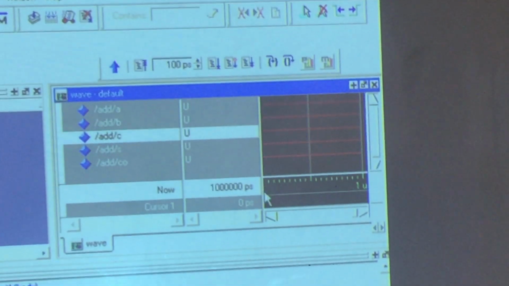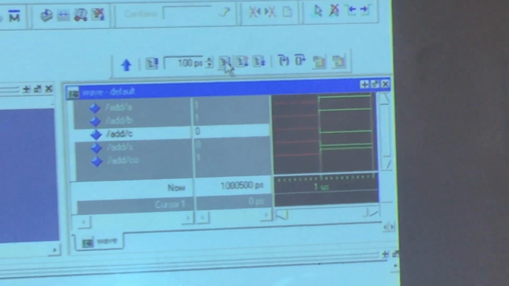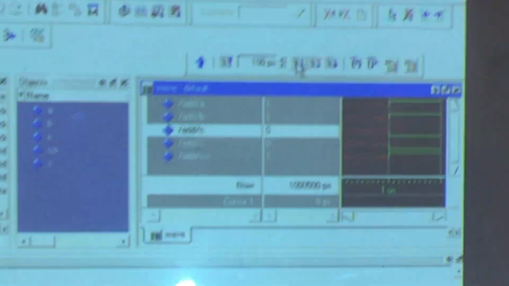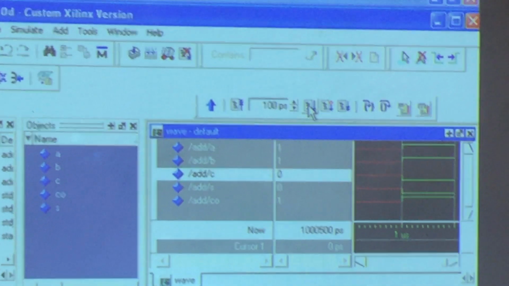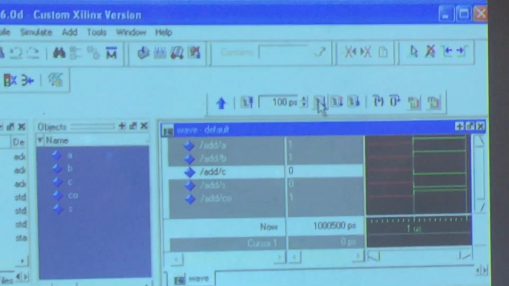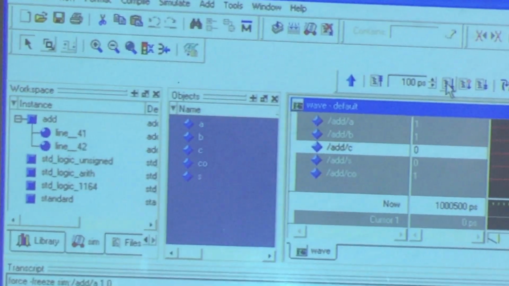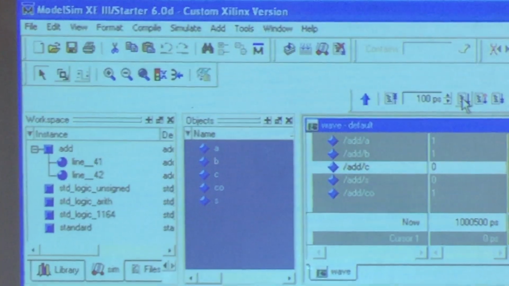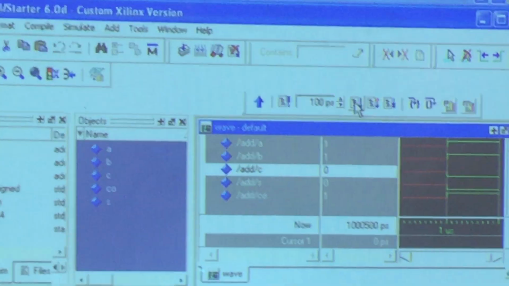Now run the program. We had given A as 1, we had given B as 1. When A and B are 1 and C is 0, 1 plus 1 is 0 with a carry of 1. Yes, we are getting it. Okay, this is the first program. In a similar way, do it for a half subtractor as well as a full subtractor. Just change the variables and expressions from the truth table. Okay, thank you.